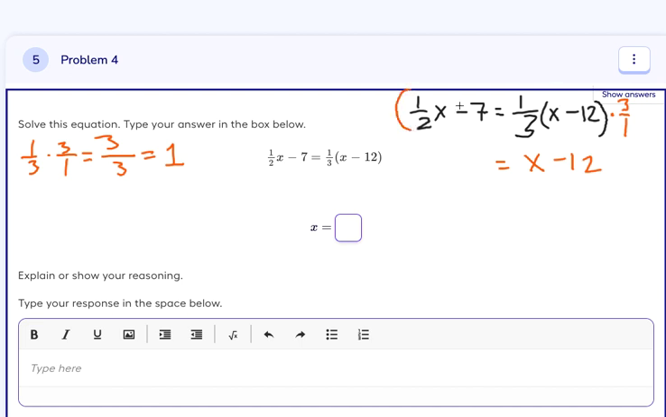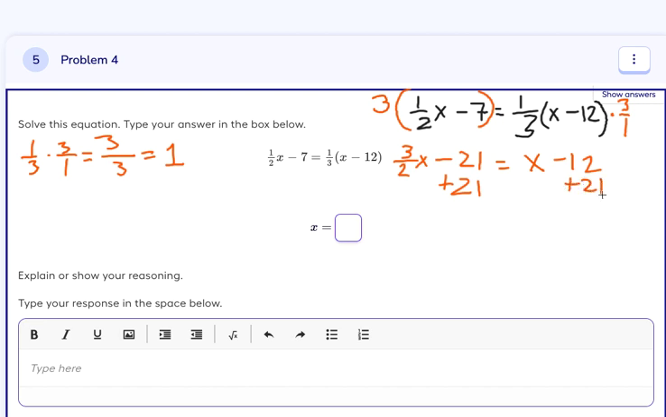And then since we multiplied the right side by 3 over 1, we also have to multiply the left side by 3. So 3 times a half x would give us 3 halves x. And then 3 times -7 would be -21. Now in this step, we just need to combine like terms. So let's add 21 to both sides